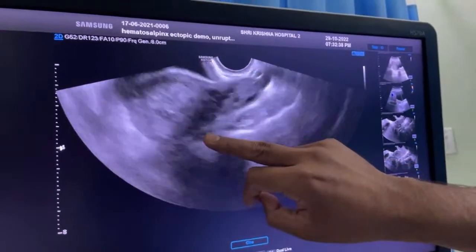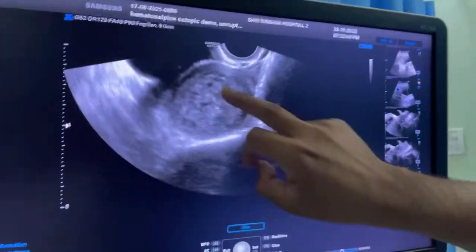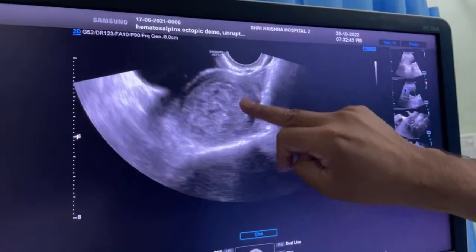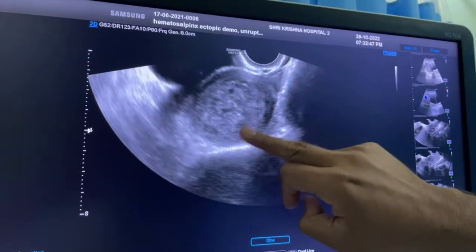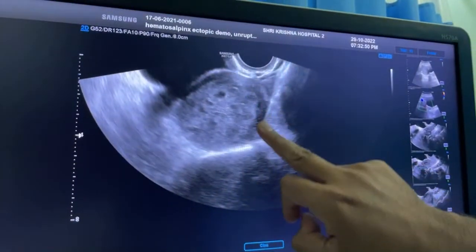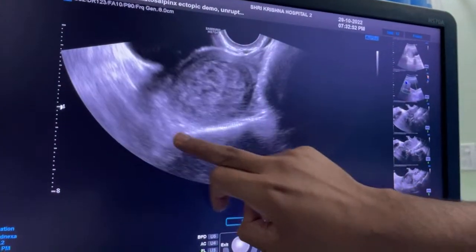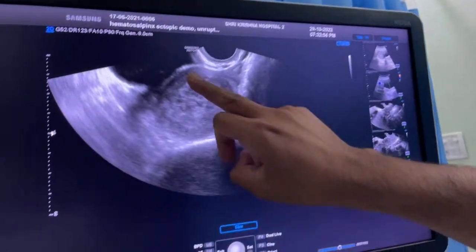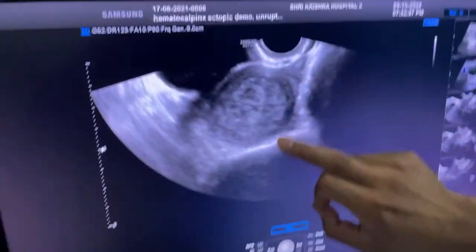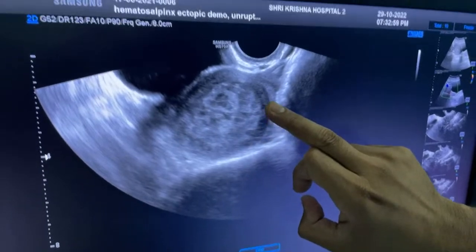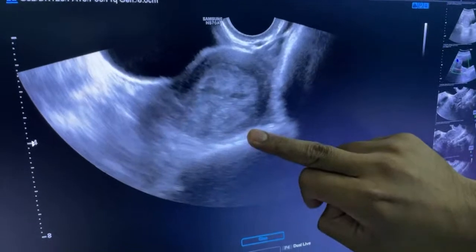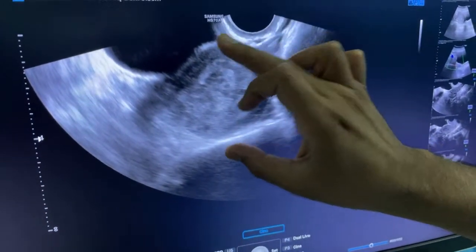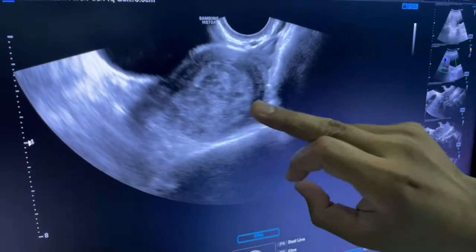Now try to see this, it is more echogenic. Keep on applying our simple 3 E's: it is more echogenic, heterogeneous. And what is this? Echogenic rim. This is the boundary, this echogenic collection has a hypoechoic rim around the lesion, so it is the tube, and this blood collection has distended the tube, so it is hematosalpinx, blood collection in the tube.